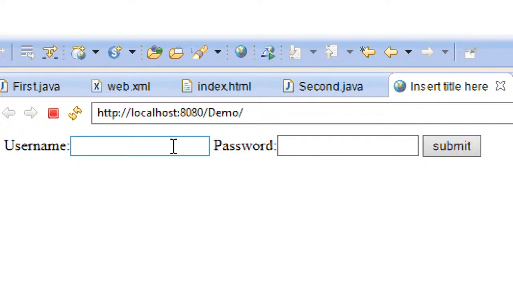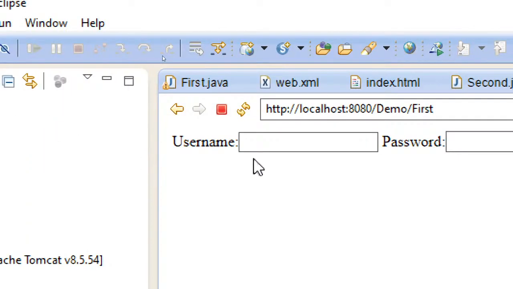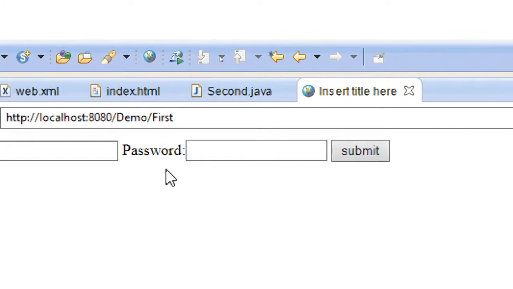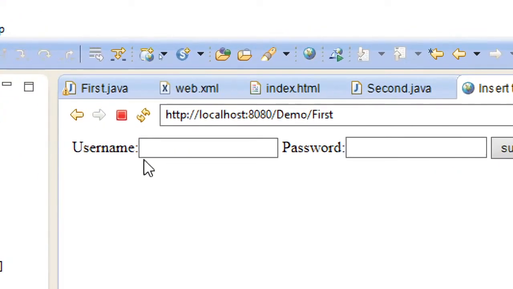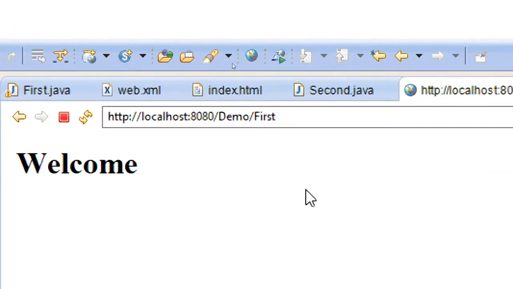So no break tag, that's why everything is falling on the same line. So name can be anything, and password, if I give something, yeah, there you can see. As I have given, it redirected to the same place, so you can see it is falling in the same place. Now suppose, let's see what happens if I give the password correctly, Krishna, then it should go to second. Yeah. So here you can see how the request is being forwarded. When things work fine, it forwards to some other resource.